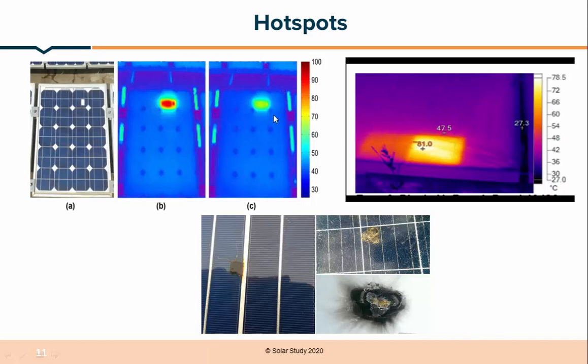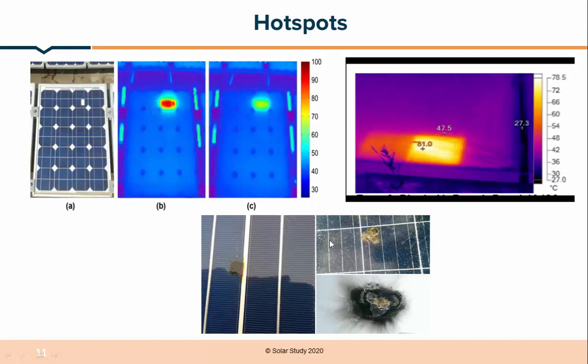In this picture you can see the IR image of this solar module. We can clearly see that this cell is defective because it is producing more heat, while all the other cells maintain the same heat. That is how we get to know there is a defect in this module, and that is done by IR imaging. There are many types of IR cameras; some companies manufacture FLIR cameras, and Fluke also makes IR cameras. Many vendors make different IR cameras.